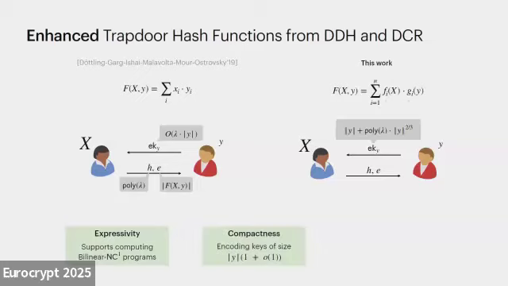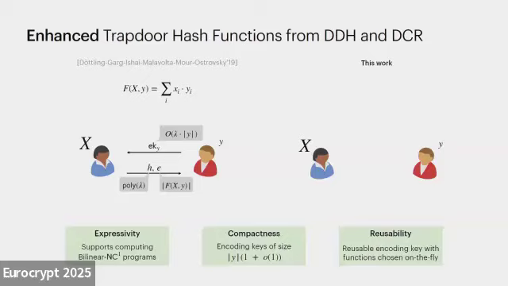Next, our encoding keys have high rate. The encoding key is almost linear in the size of Bob's input, with a small additive factor. And finally, the construction enjoys a property which I'm calling, for this talk, reusability, where once Bob